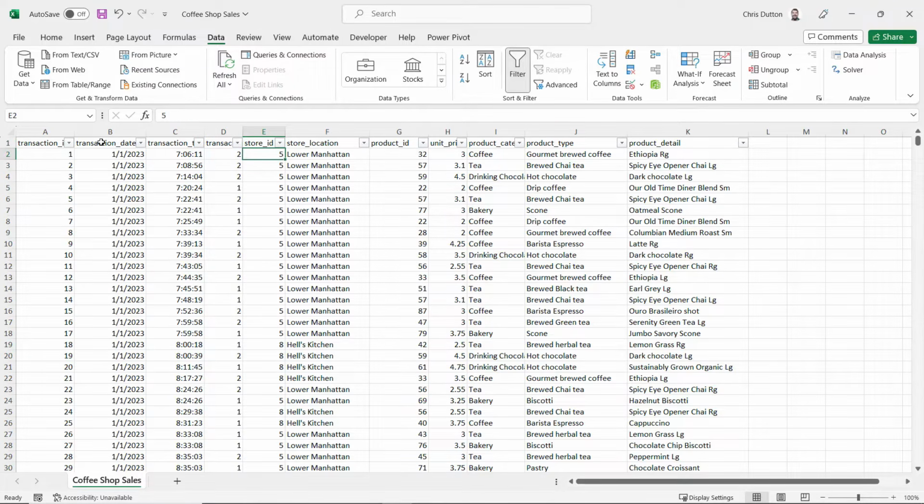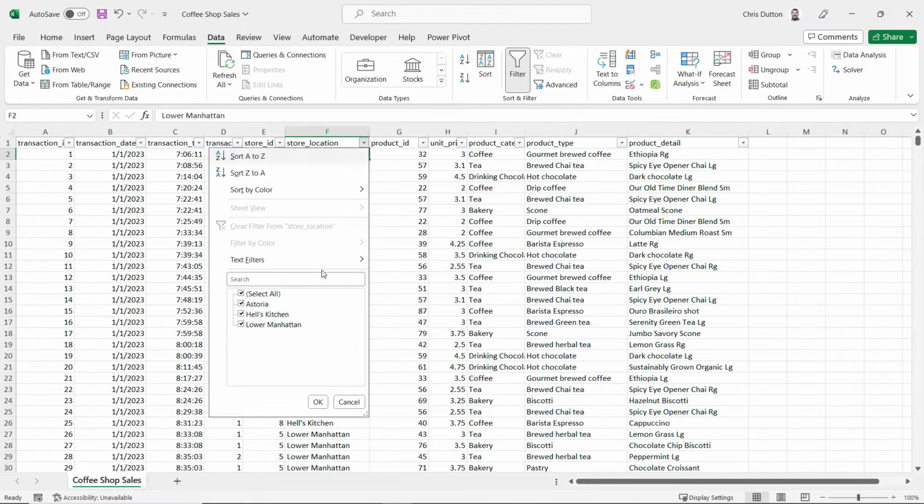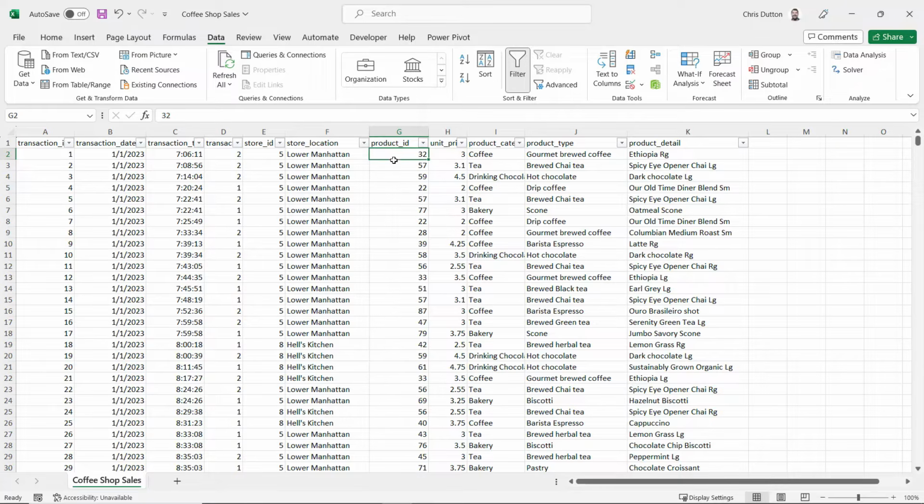So there's a store ID that maps to a store location, and based on our brief, we know that we've got 3 different Maven Roasters locations: Astoria, Hell's Kitchen, and Lower Manhattan. We also have several product-specific columns here. We've got a product ID in column G that maps to the unit price, the product category, type, and product